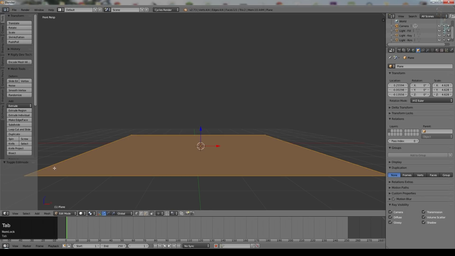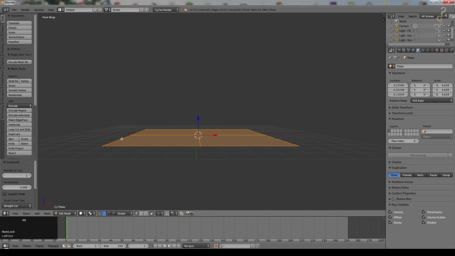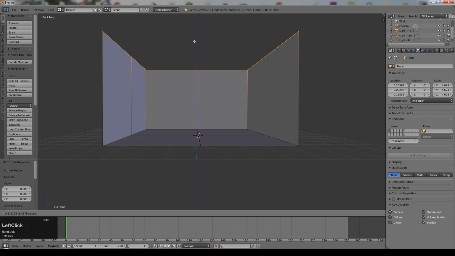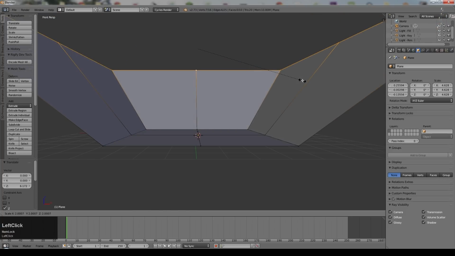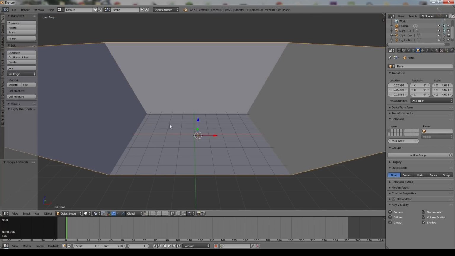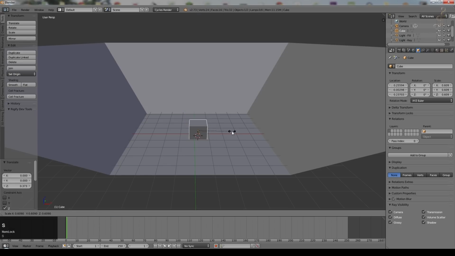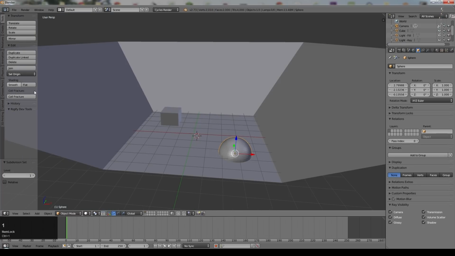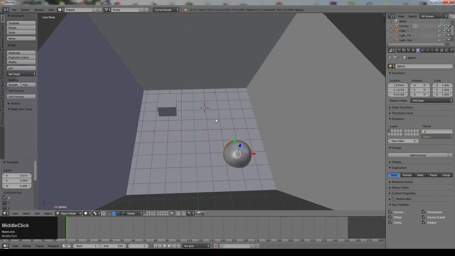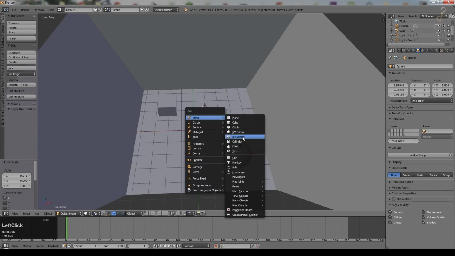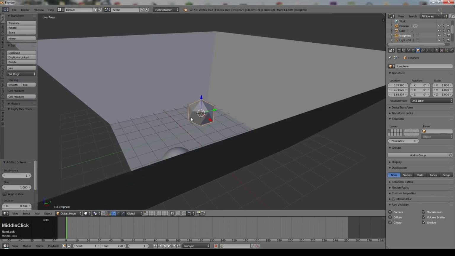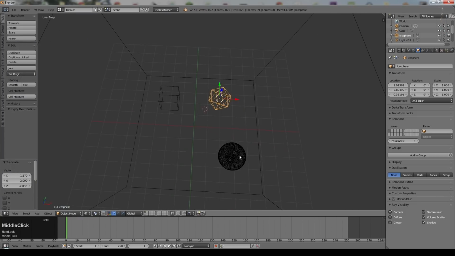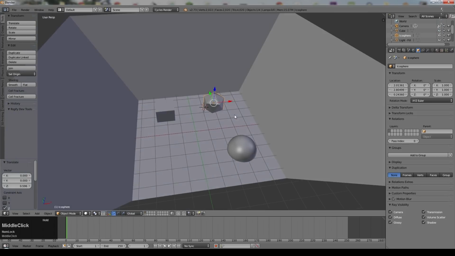So here's a basic plane. I'm just going to subdivide it and then select these edges, E to extrude, and I'll take them up a way and bring them out slightly. I'm also then going to add a cube, shrink it down a little bit, put that over here somewhere, and I'll add a UV sphere, put a subdivision surface on it and set it to smooth shading, just embedded in the background plane, and finally an icosphere with just a few subdivisions, and we'll put that over here somewhere. So we've got a few shapes just to show up how the different lights are working.